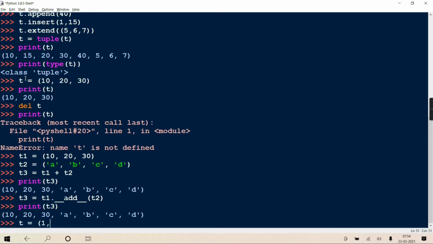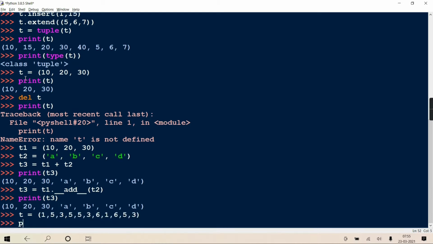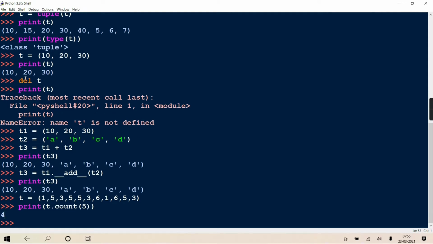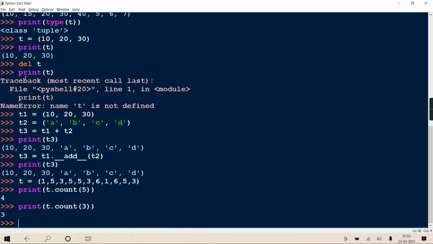T equal to 1, 5, 3, 5, again 5, 3, 6, 1, 6. 5 is there, 3 is there. And print T dot count, and I'm writing 5. So it will return you the occurrences of 5. Okay. If I give 3, it will return you the occurrences of 3, how many times 3 is present.